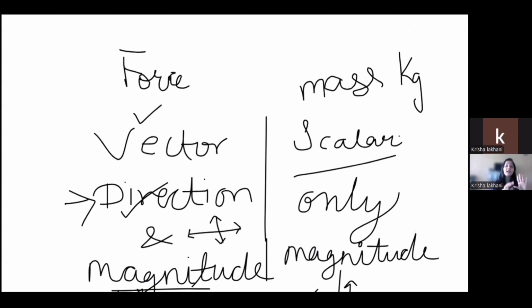Force में क्या बता रहे हैं कि he has pushed 10 newtons towards the wall, 10 newtons towards the south. He has pulled 20 newtons toward himself. मतलब डायरेक्शन भी बता रहे हैं और 20 न्यूटन हमको मैग्नीट्यूड भी बता रहे हैं. So it is a vector quantity. ओके. इसके लिए तुम्हारा एसआई यूनिट्स होना जरूरी है. I will make a video on all the SI units.